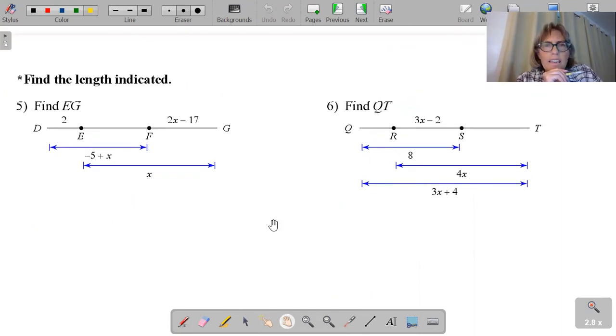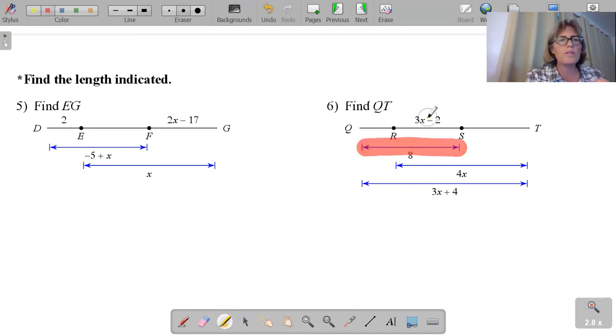The key idea here is things before algebra. Think in terms of things, how things add up to other things. So taking a look here, I'm going to do the one on the right to get you started. We can see that we have, I'm going to color code it for you, this red segment and this blue segment,